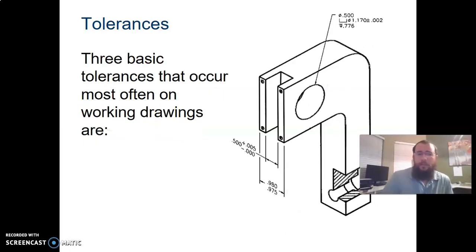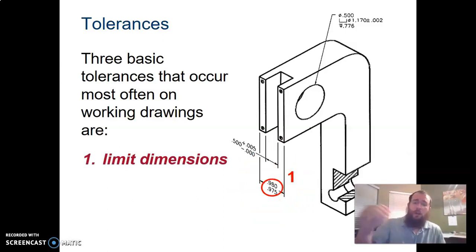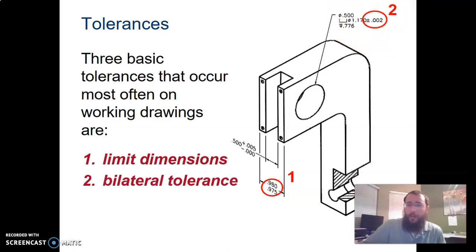There are 3 basic tolerances that occur most often in working drawings. This is the way that they are marked. One would be a limit dimension. A limit dimension shows the upper and the lower limits of something. Two is a bilateral dimension. If you notice, I'm highlighting them there. The one that says 980 and 975 is saying that that dimension can only be between 0.980 and 0.975. If it's anything outside of that range,